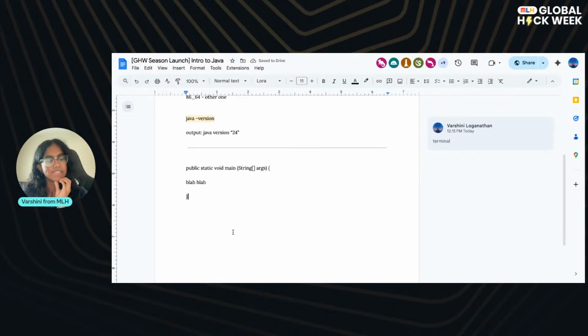So this is going to be your main method, and this is where you're going to be running most of your code. Each instruction is going to be called a statement, and it's going to end with a semicolon. So you might have heard me complaining about this earlier. This is where all of your instructions will be. They're going to be ending with a semicolon. That's just how Java works.